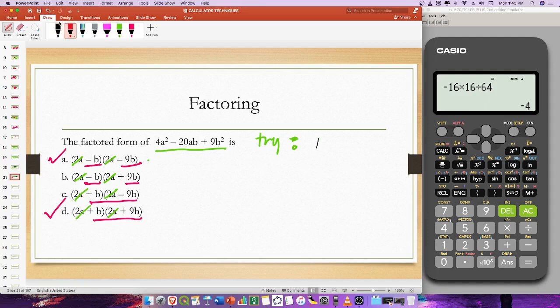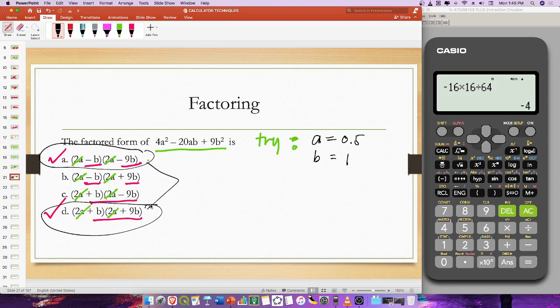Again, erase A. Let's try A equals 0.5, and then B equals, let's say, 1. Okay? So take note, we will just test this into